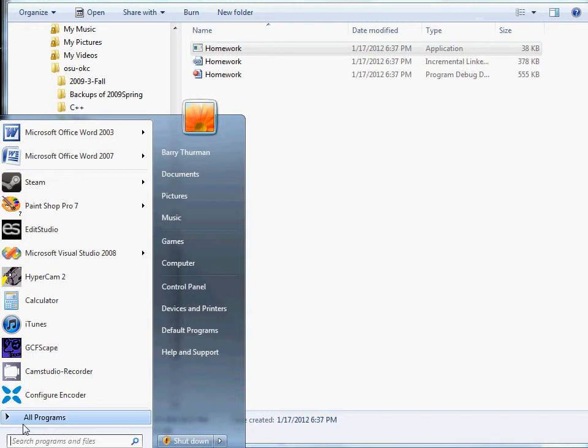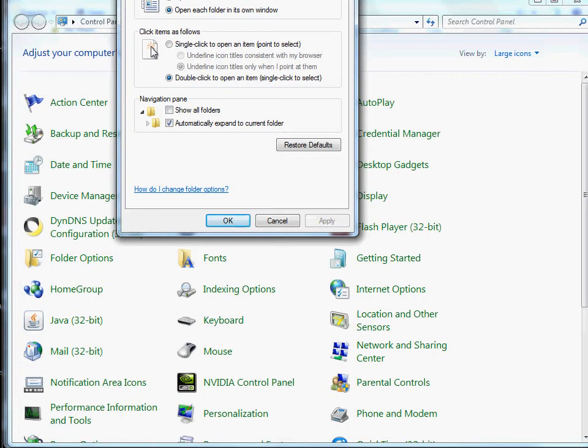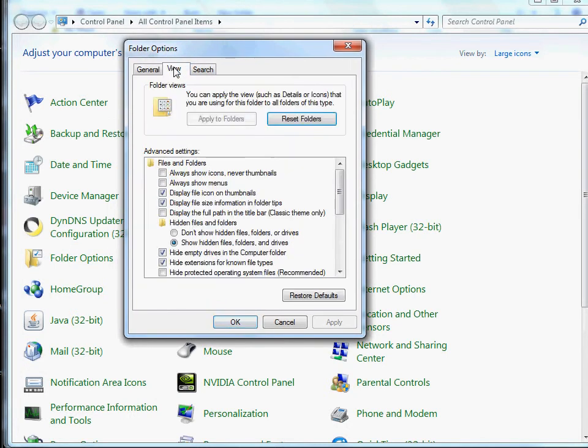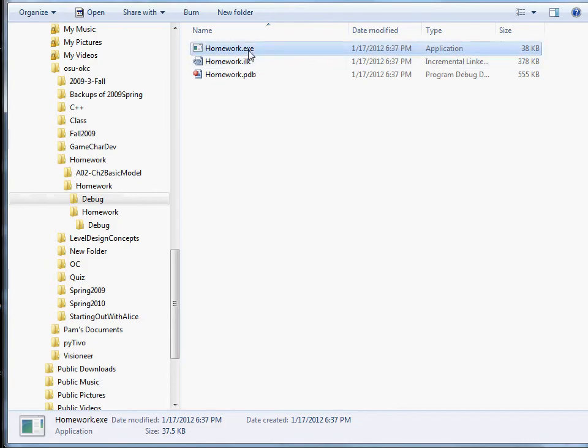So I'm going to go to the control panel, to folder options, and I'm going to the view tab, and right down here we have hide extensions for known file types. I want to make sure that's unchecked. So that box should be empty. Apply that. Now we see the extension,